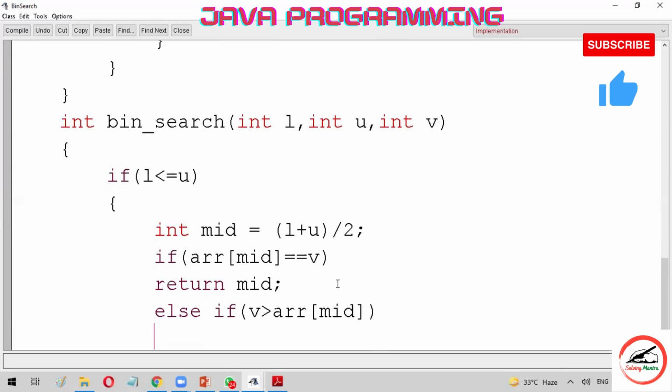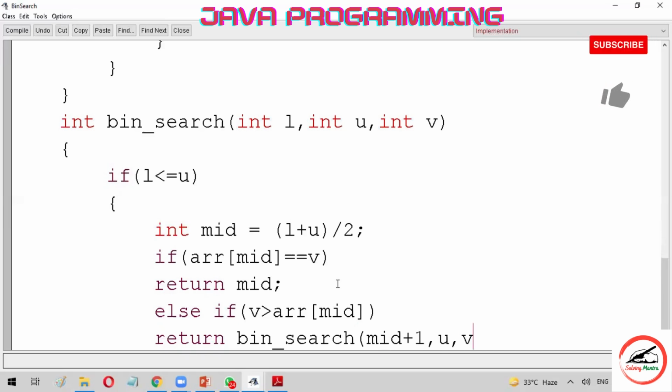So we have to update the starting index, that is the value of L. So here you will write return and call the function bin_search, and the starting index will be mid plus 1, comma, upper index will be same and V will be same.